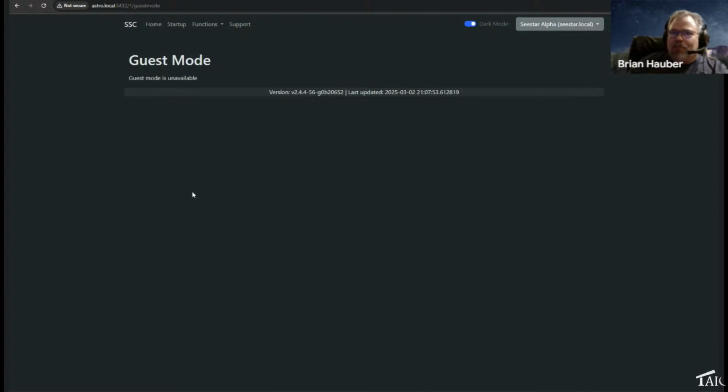And that really became problematic for us because you can only have one device giving commands to the Seestar. And so thankfully they saw the error in their ways and they made guest mode disabled, that you could disable guest mode, and it's actually disabled by default now.